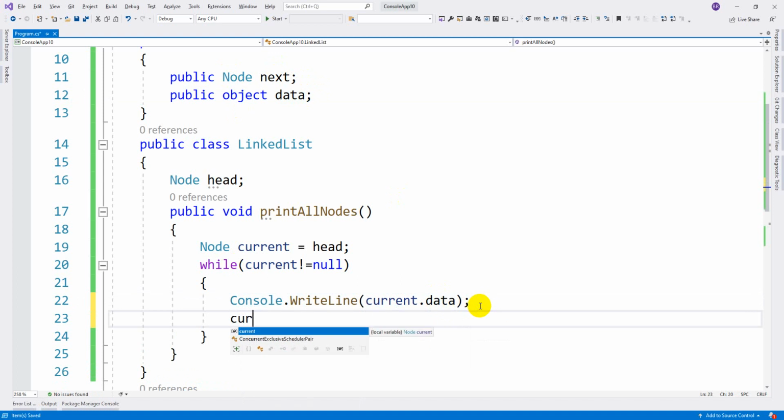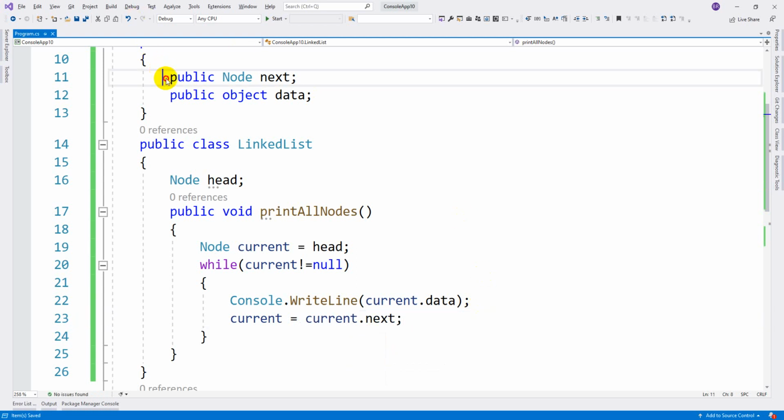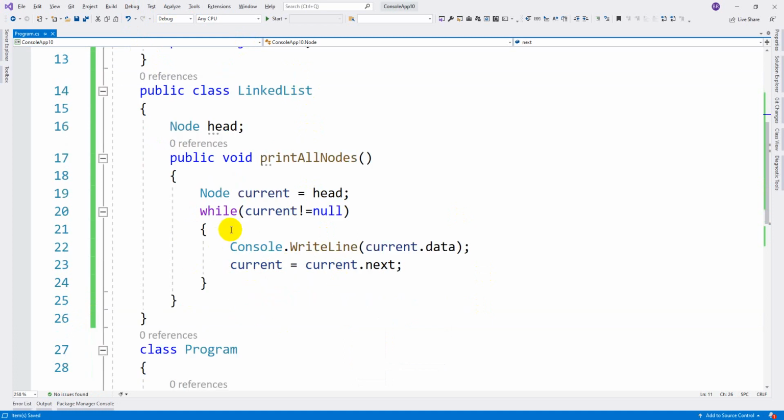Then current equal to current dot next element, so we are moving it to the next element, that is what called next, that is the node type again. So this is how you are moving from one element to another element by using the next node. Okay, so now let us go for the next method.